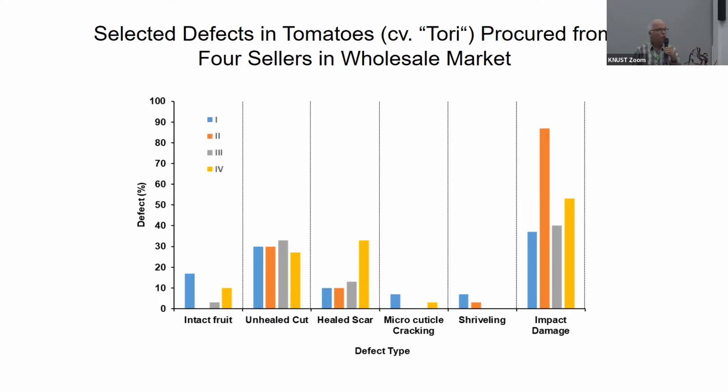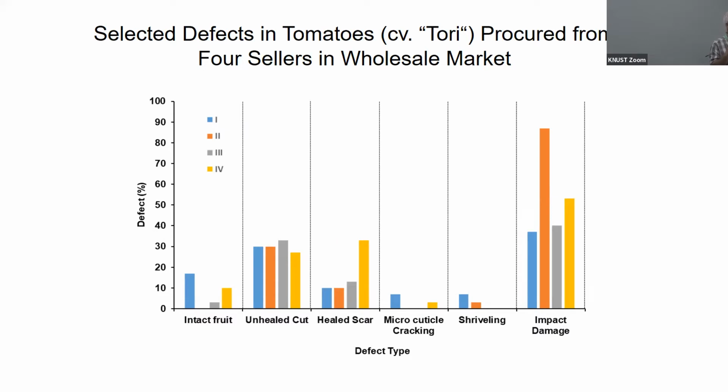And what you can surprisingly see also in the Israeli market, these are intact fruits. And you can see that when you search carefully, you can hardly find intact fruits